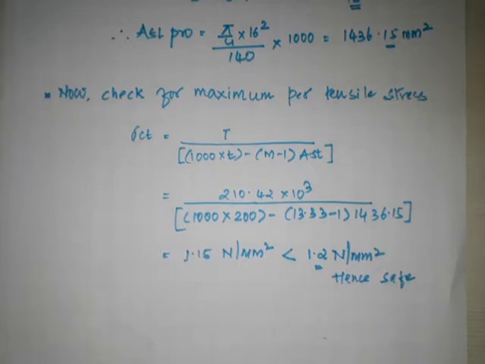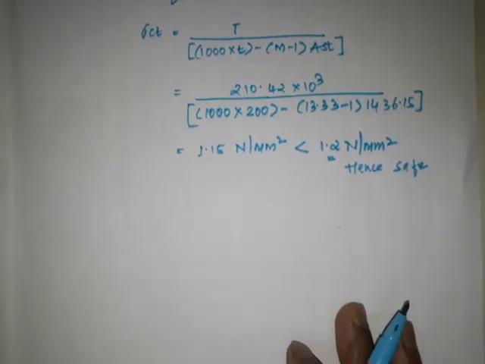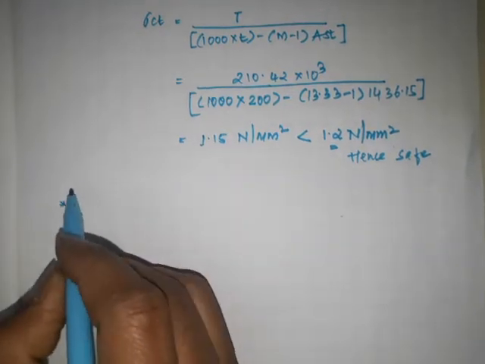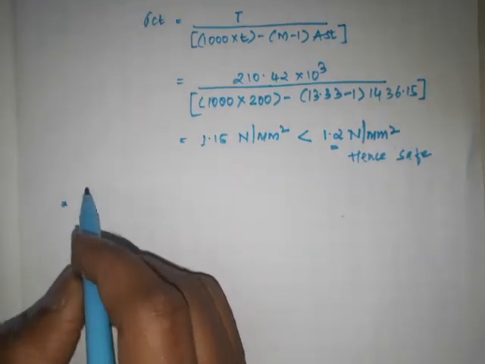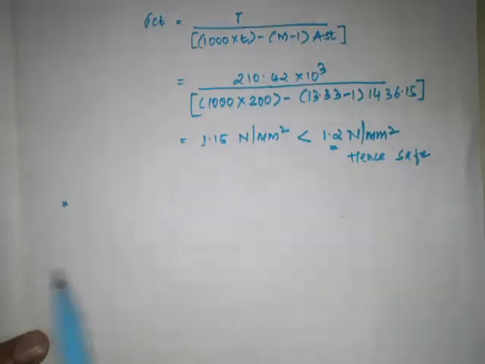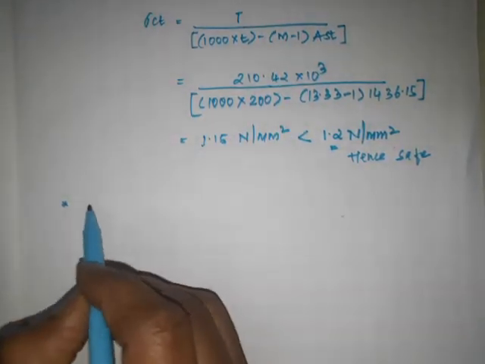If it is unsafe, then better you increase the thickness, so you have to use a higher value of thickness. In most cases you will not get unsafe, because we have used a higher thickness and here we have used the reinforcement on the higher side. Okay, so you will get safe only. Then you have to go for vertical reinforcement. The next is vertical reinforcement. So this is the reinforcement you have got, this is for horizontal. Okay, so next is vertical reinforcement.